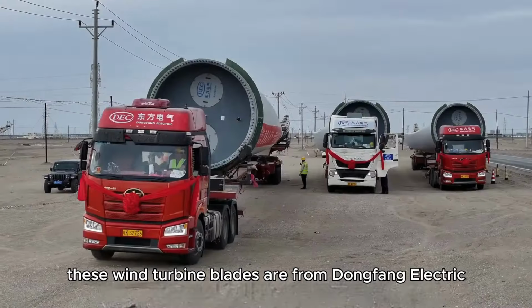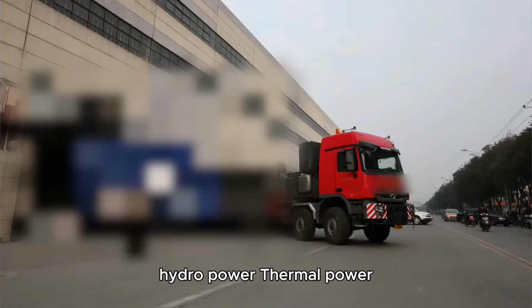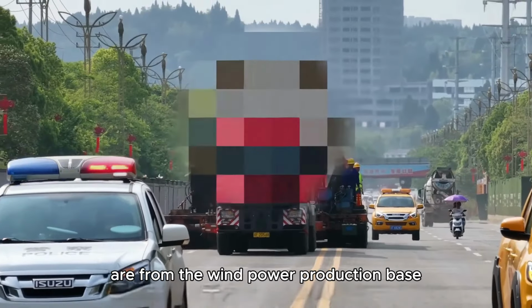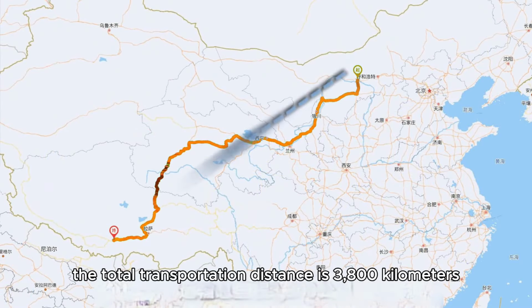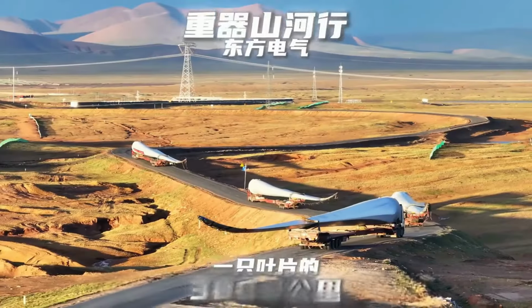These wind turbine blades are from Dongfang Electric, a company whose products cover wind power, hydropower, thermal power, nuclear power, and solar energy. And this time the blades to be transported are from the wind power production base, located in Baotou, Inner Mongolia. Starting from Baotou and heading to Shigatse in Tibet, the total transportation distance is 3,800 kilometers. To use the official wording,